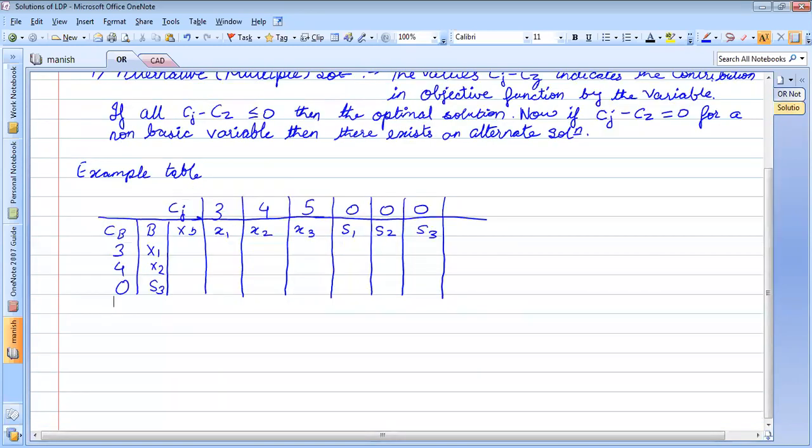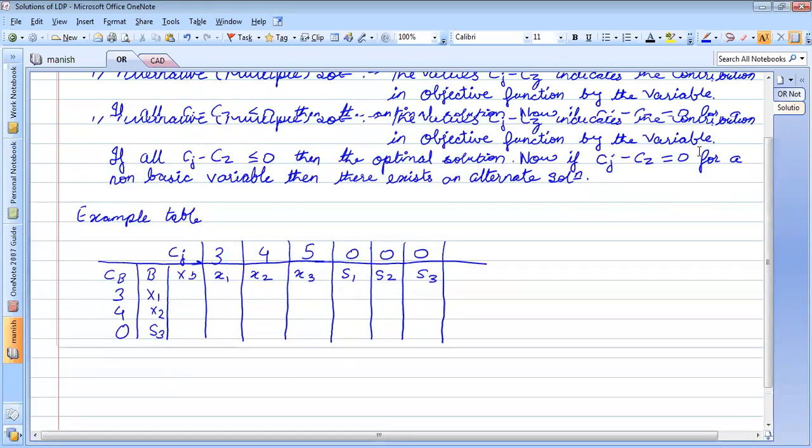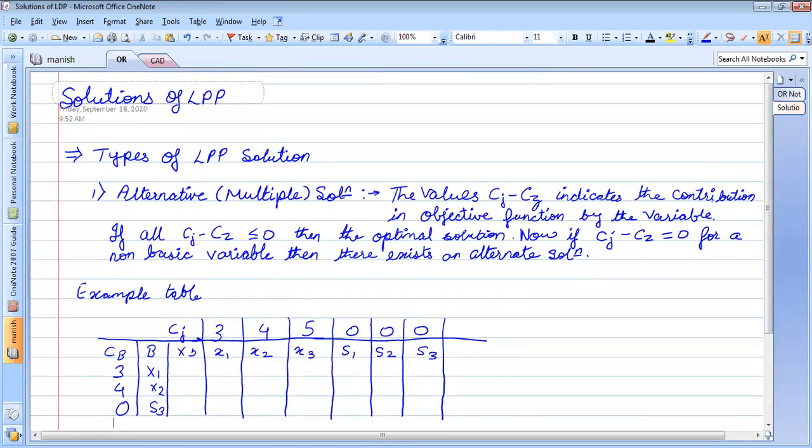If not, then we will move to the types of solution that an LPP can have. Okay, so the first type of solution is the optimal solution. With an LPP you are going to get an optimal solution, that is called a unique solution.